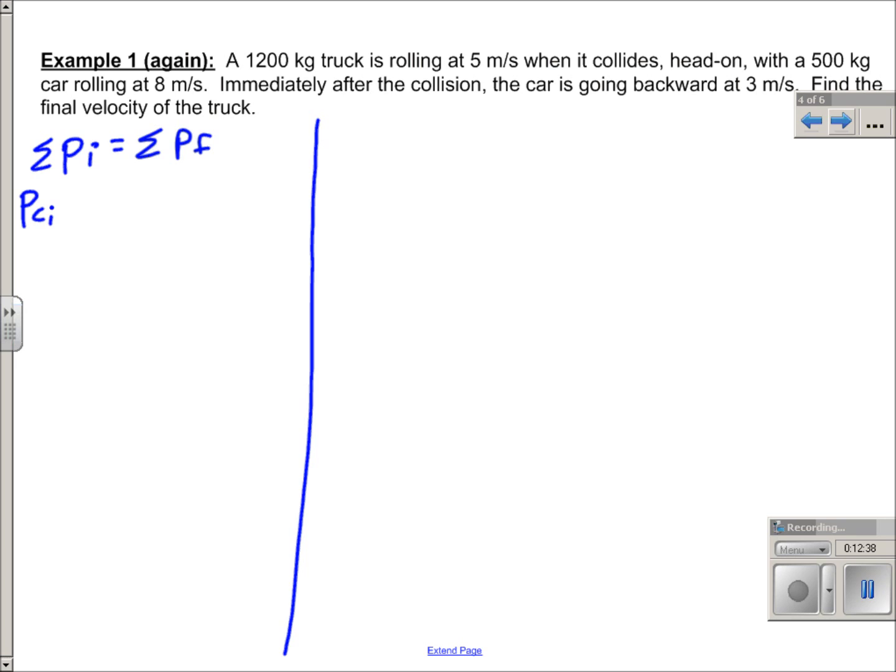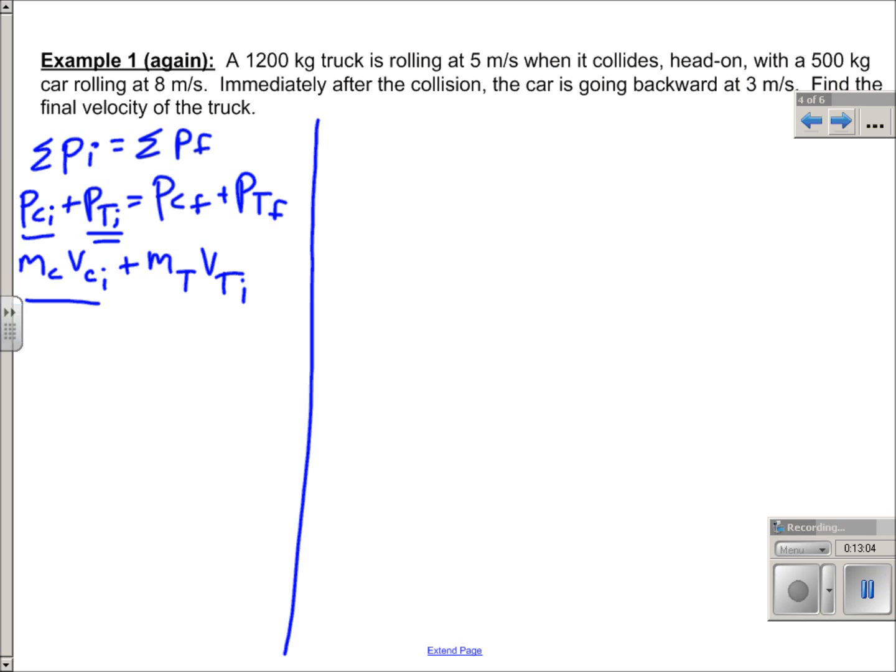That means that the momentum of the car initially plus the momentum of the truck initially has got to equal the momentum of the car final plus the momentum of the truck final. Remember, momentum is mass times velocity. So this becomes the mass of the car times the velocity of the car initially plus the mass of the truck times the velocity of the truck initially, right? That's this and this